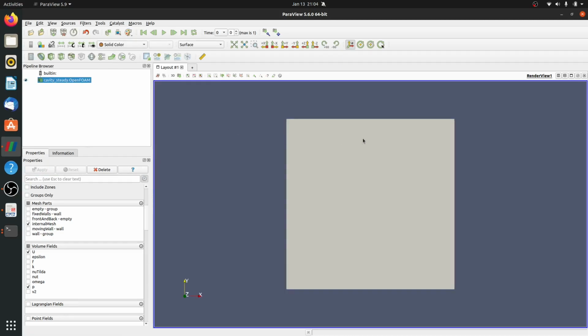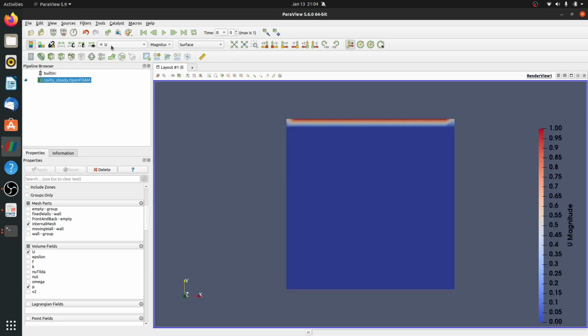Now our geometry we can see as a square cavity. If I go to the velocity contour, it will give me this file.